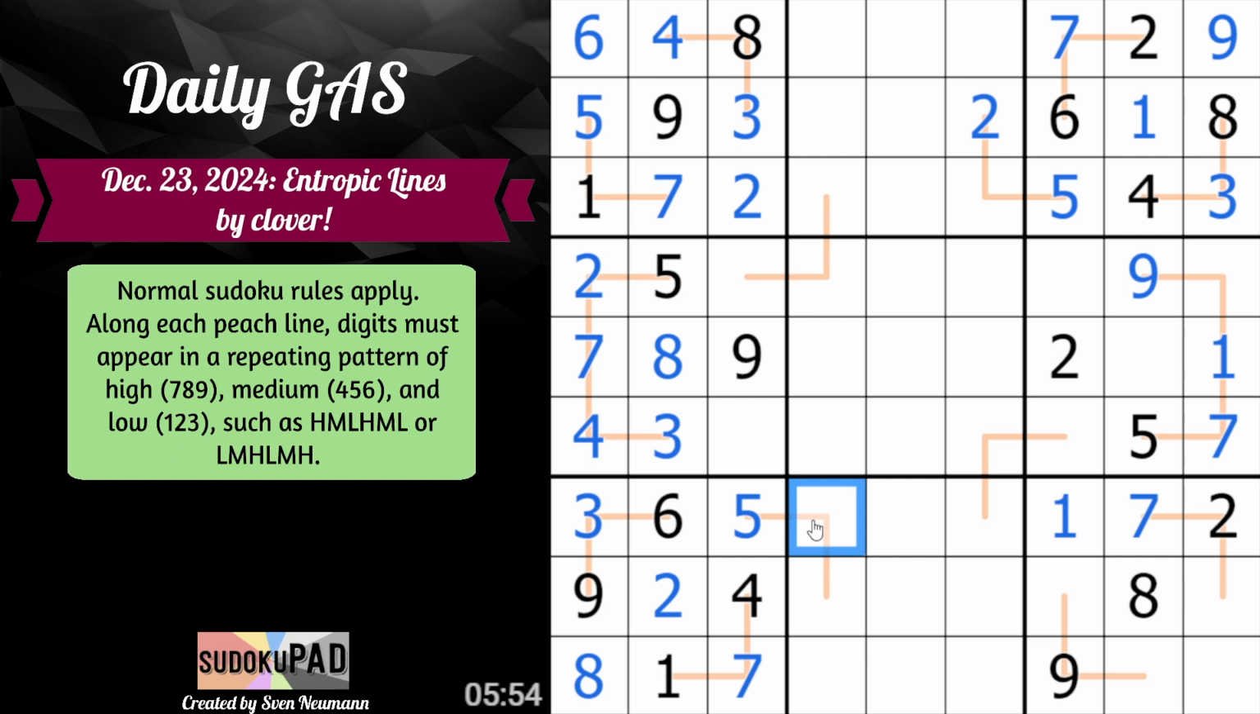This cannot be low. It must be high, which means that this is low. But it can still be 1 or 3. Am I missing just something basic by Sudoku? I feel like it has to be entropy, right? But